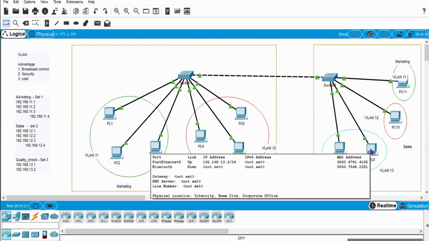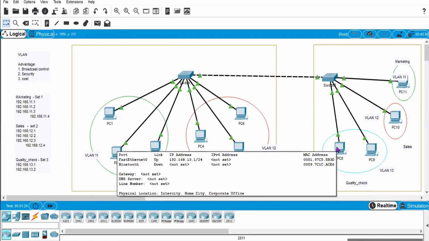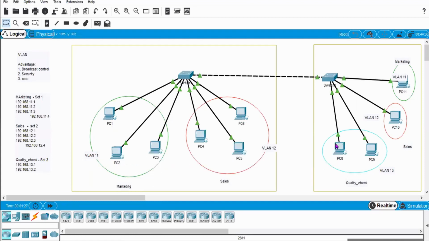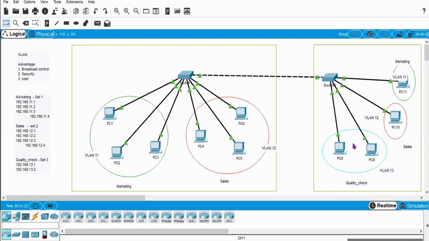Two end devices are there, reporting to each other regarding the quality of the product you are making in that factory. We also placed a dedicated sales department and marketing department devices in that second building.